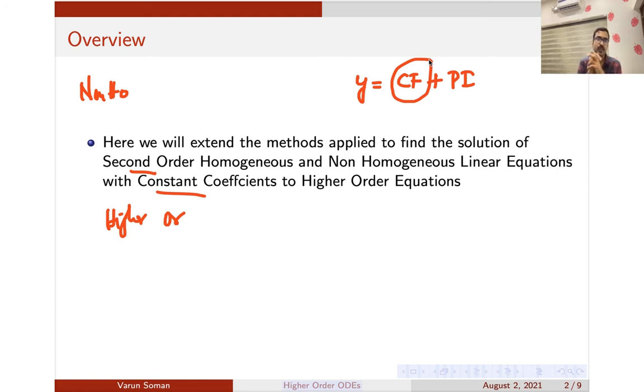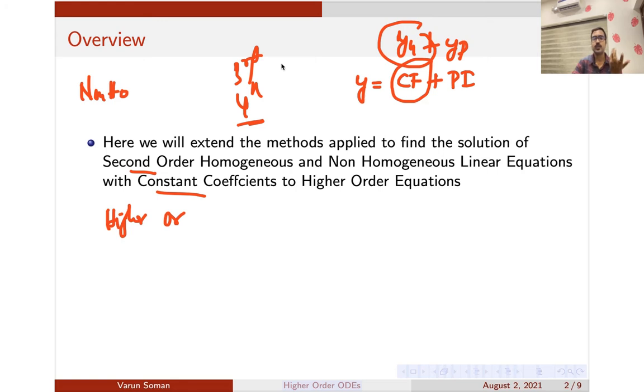As you know, it contains two parts. One is Cf, or the yh part, that is the solution of the homogeneous equation, plus yp. The yh contains arbitrary constants: if it is a second order equation, your yh will contain two arbitrary constants; if it's a third order equation, your yh will contain three arbitrary constants, and so on. Usually you will get only third order or fourth order equations, not any more than that. Usually you will be getting third order differential equations. Sometimes they can also ask fourth order, depending upon the question, but usually they will give you only third order.